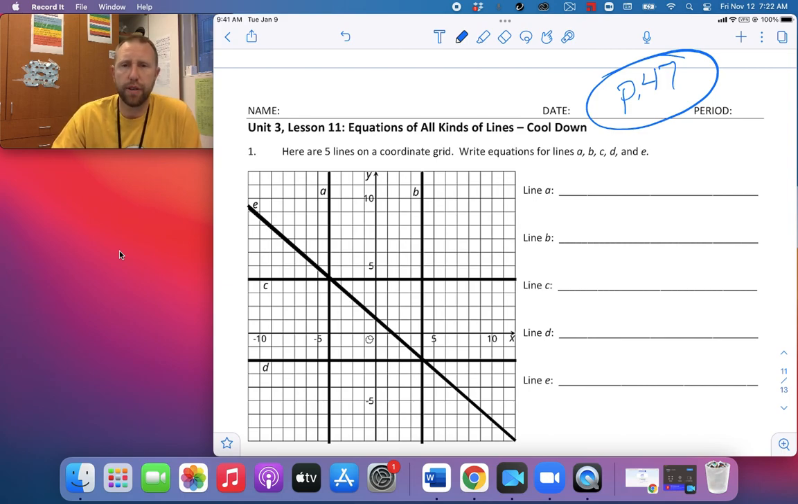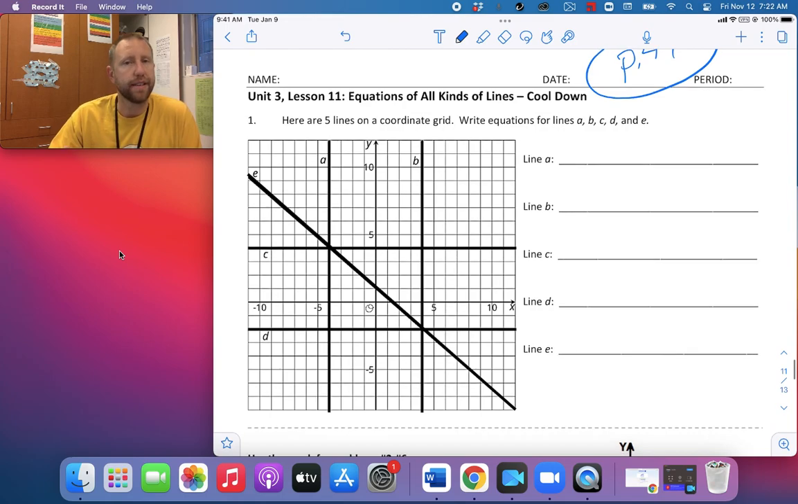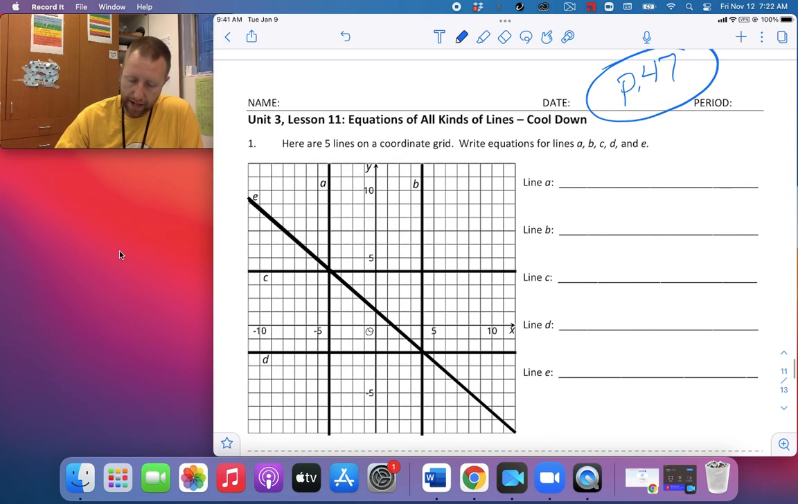So the first thing they do is give us this graph. It says here are 5 lines on a coordinate grid. Write equations for lines A, B, C, D, and E. So just off to the side, I'm going to write down our form of the equation that we used, y equals mx plus b,